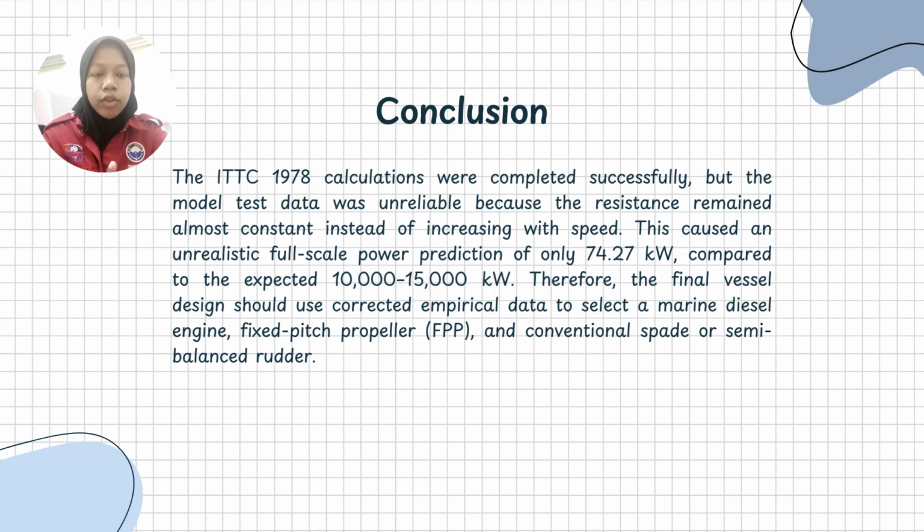So, in conclusion, the ITTC 1978 procedure was completed successfully, but the model data was unreliable because the resistance remained almost constant instead of increasing with speed. This caused an unrealistic full-scale power prediction of only 74.27 kilowatts compared to the expected